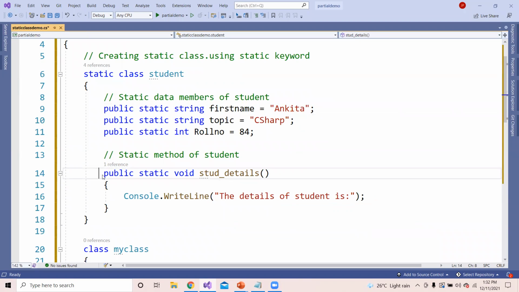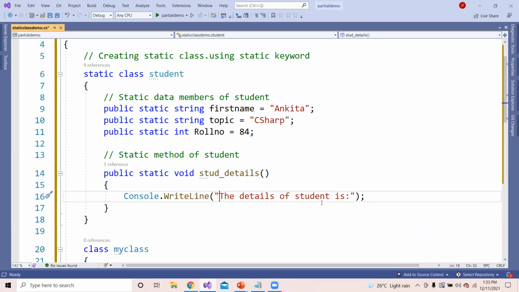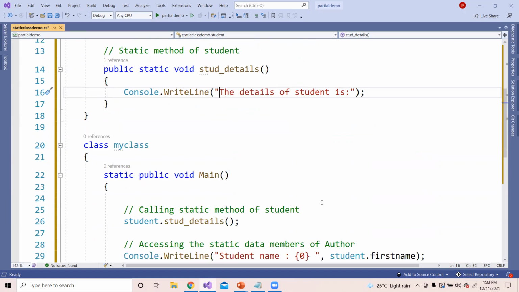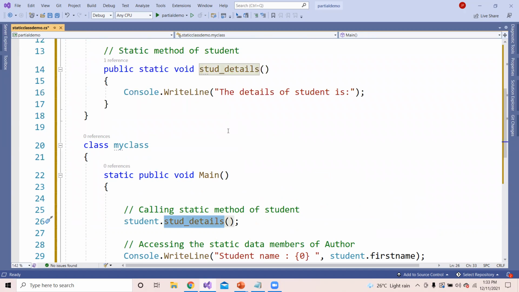In the static void student details, this is a normal function. This is not a constructor. We are just printing the details of the student. Next, from the class wherein I'm having the main, if I want to access the student details, I should access it through the class name, student.student details.